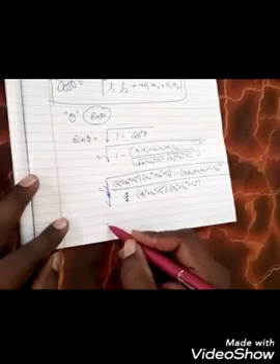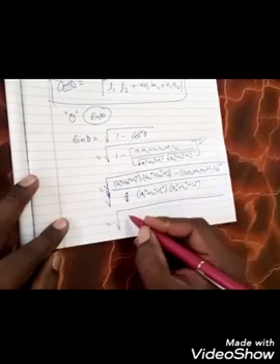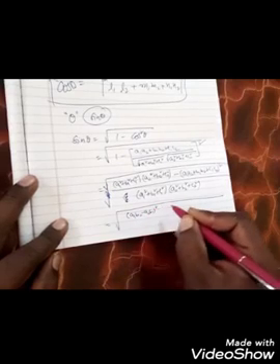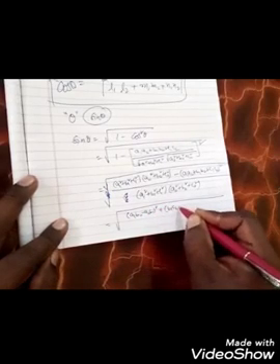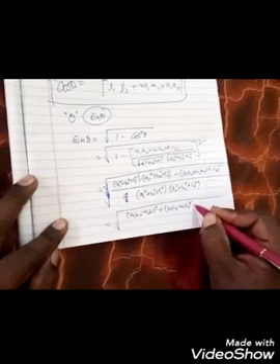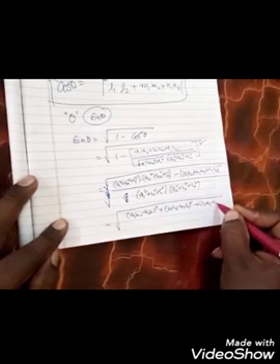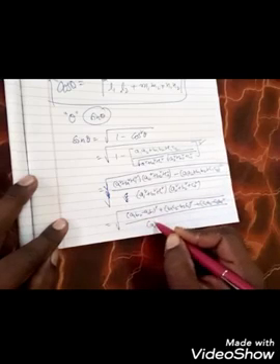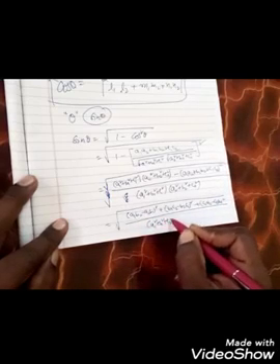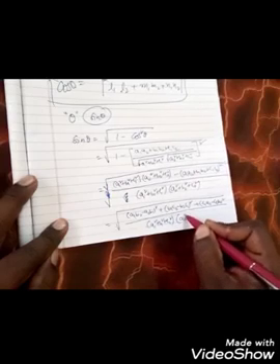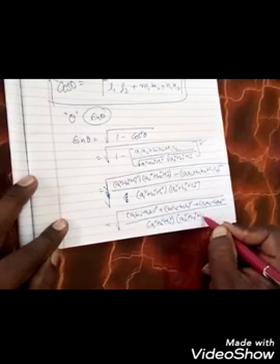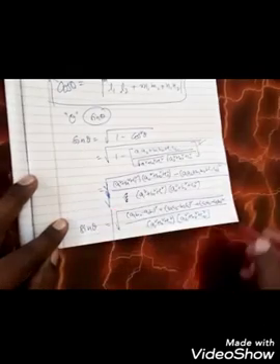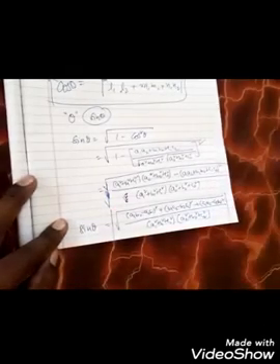Further, if you solve this one, you are going to get a1 b2 minus a2 b1 whole square plus b1 c2 minus b2 c1 whole square plus c1 a2 minus c2 a1 whole square by a1 square plus b1 square plus c1 square into a2 square plus b2 square plus c2 square. This is the formula for sin theta. If theta is an acute angle, take the modulus for this one.